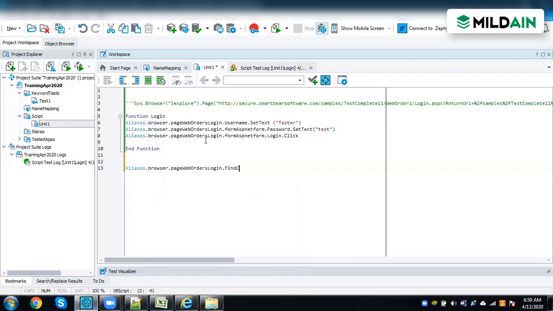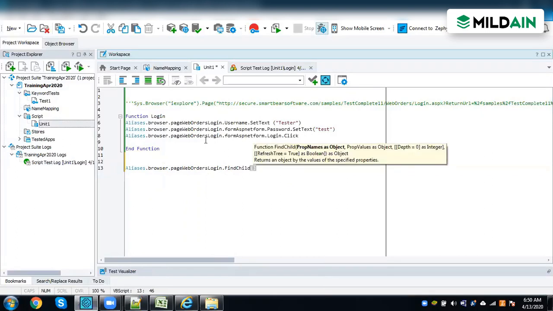There are multiple methods, and we will see them one by one. With FindChild, I give the property, and if you see the syntax, it shows the property name, the property value, and then the depth. Based on this, it performs the operation.